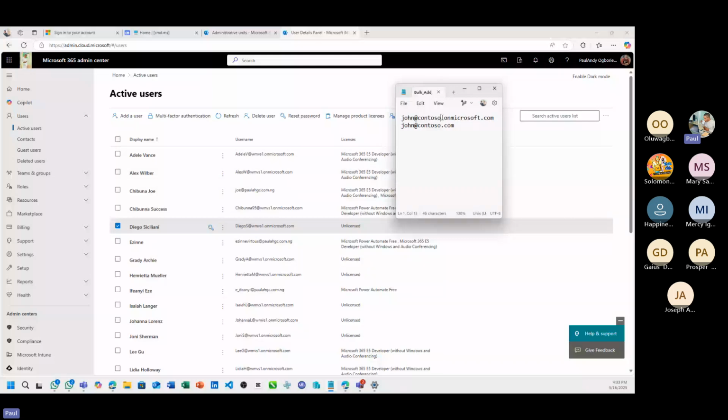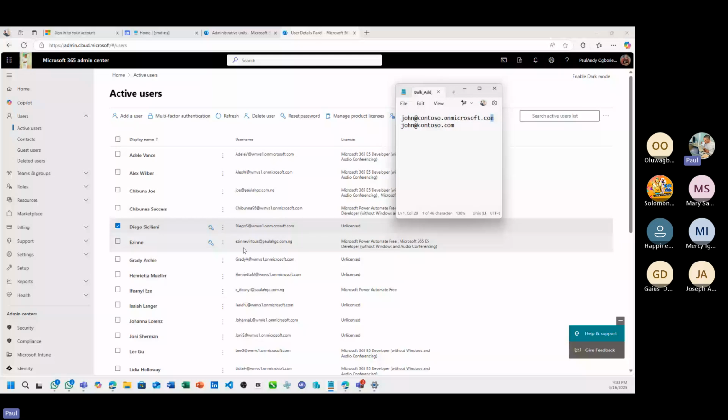The same way this guy has this .onmicrosoft.com domain, I can decide to say, okay, let's add Ezine Vitios at paul.ahgc.com.ng. Then I'll bring that guy here again. They are using different domain. Yeah, we talked about domain when we were trying to add users and set templates for adding users, right? They may be carrying different domain, but in the same organization. So this is how I will put down the names of all of those users up to 200, and then